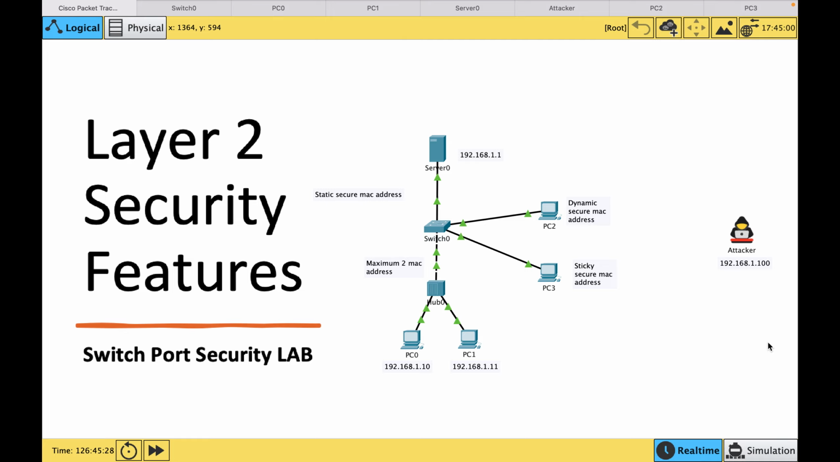Please note that you can enable port security on both access and trunk ports. Okay, so here I have a setup where I have four ports in which I have one server connected, in which we will configure static secure MAC address, the second one dynamic secure MAC address, and the third one sticky secure MAC address where PC3 is connected. And then on port number